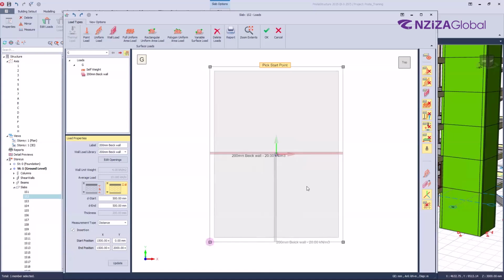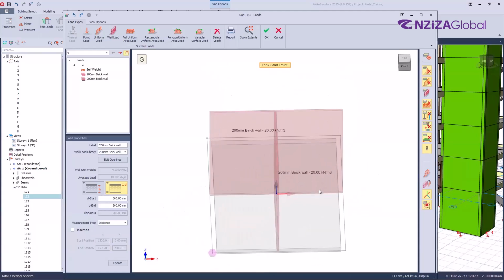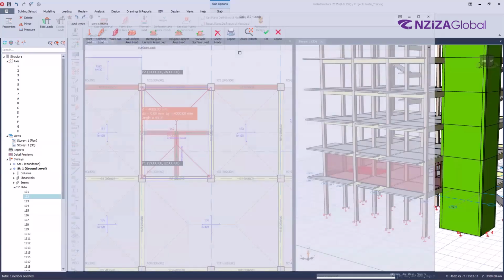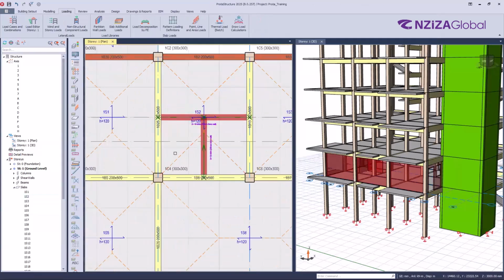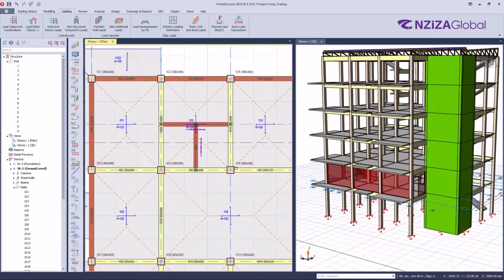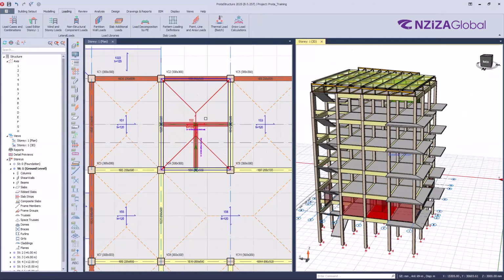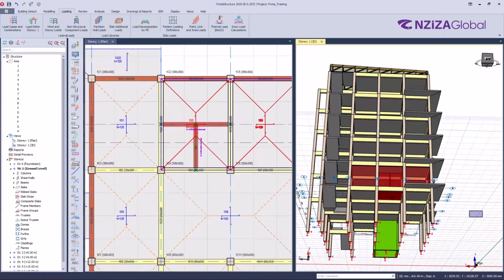So the last step is to remember the last step of clicking the slab. Now I have 2 walls here sitting on the slab. Then if I click on OK, take a look here. I have these 2 walls that we created. Okay, so if I try to show it in a 3D view,